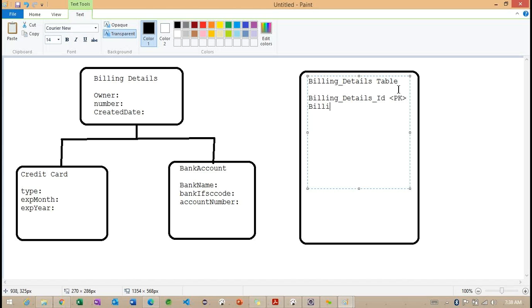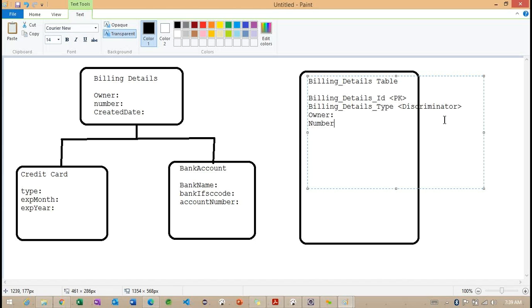And the billing detail type, which is the discriminator column. Based on this type only, we can understand the rest.